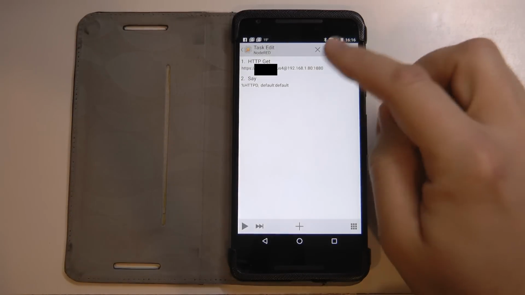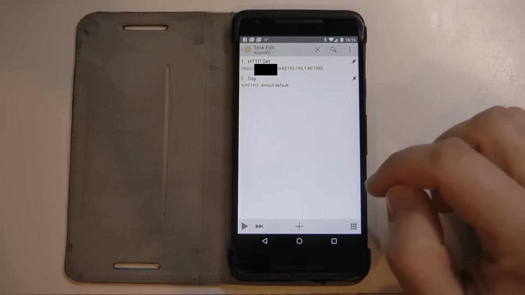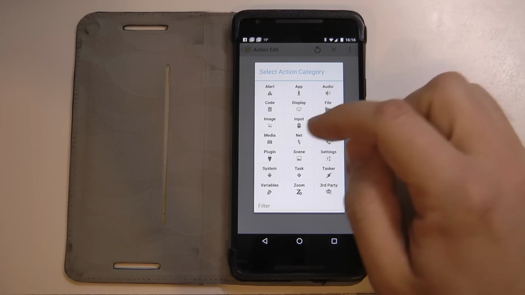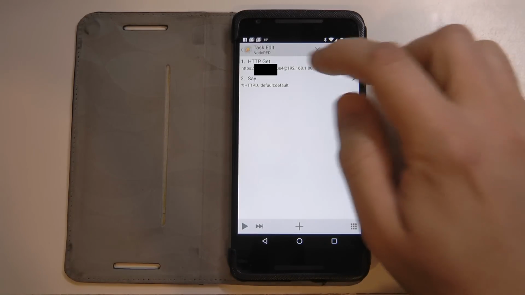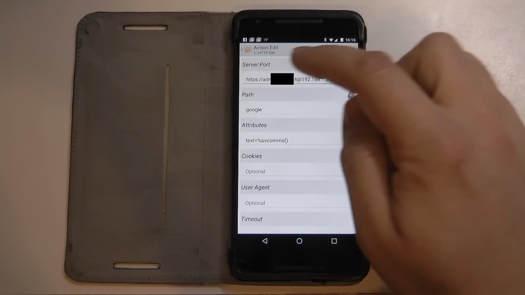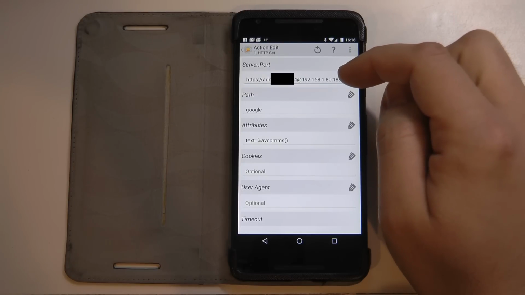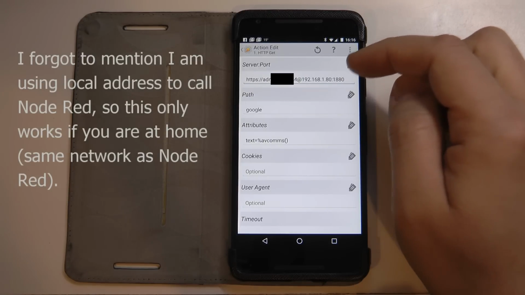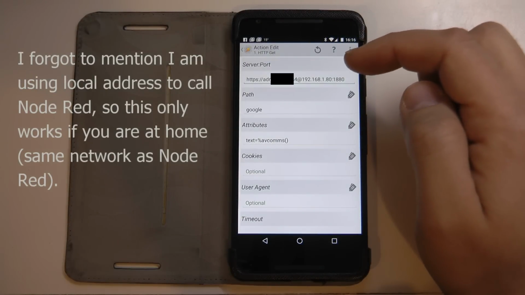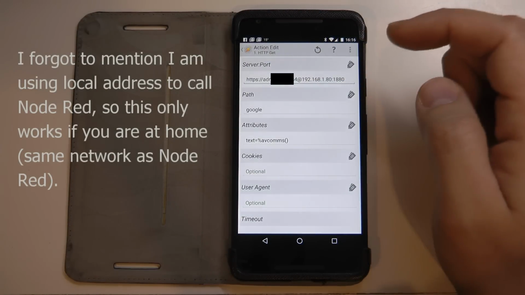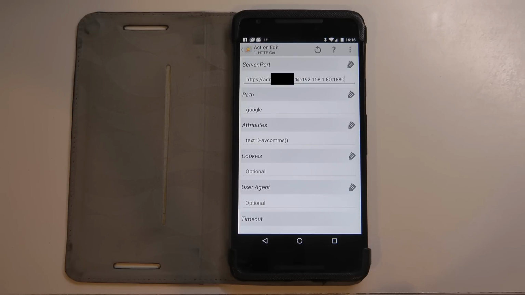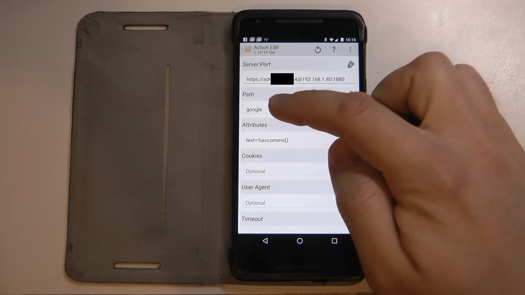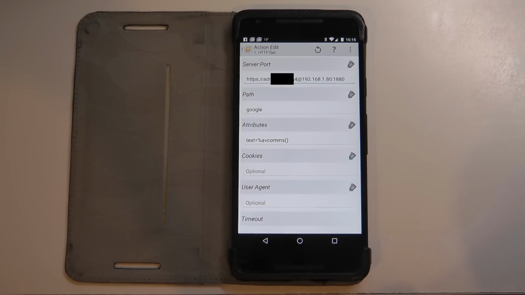So when you create something new, this screen is going to be empty, so you just create a new one. The HTTP is under action category net and HTTP GET, and so I'm just going to go into the details of it so we see. The first one is we have to specify the server port. I have configured HTTPS on my Node-RED instance, and I've also set up the basic authentication. So I have HTTPS://username:password at the IP of the server and the port, and the path is Google, and that's going to be